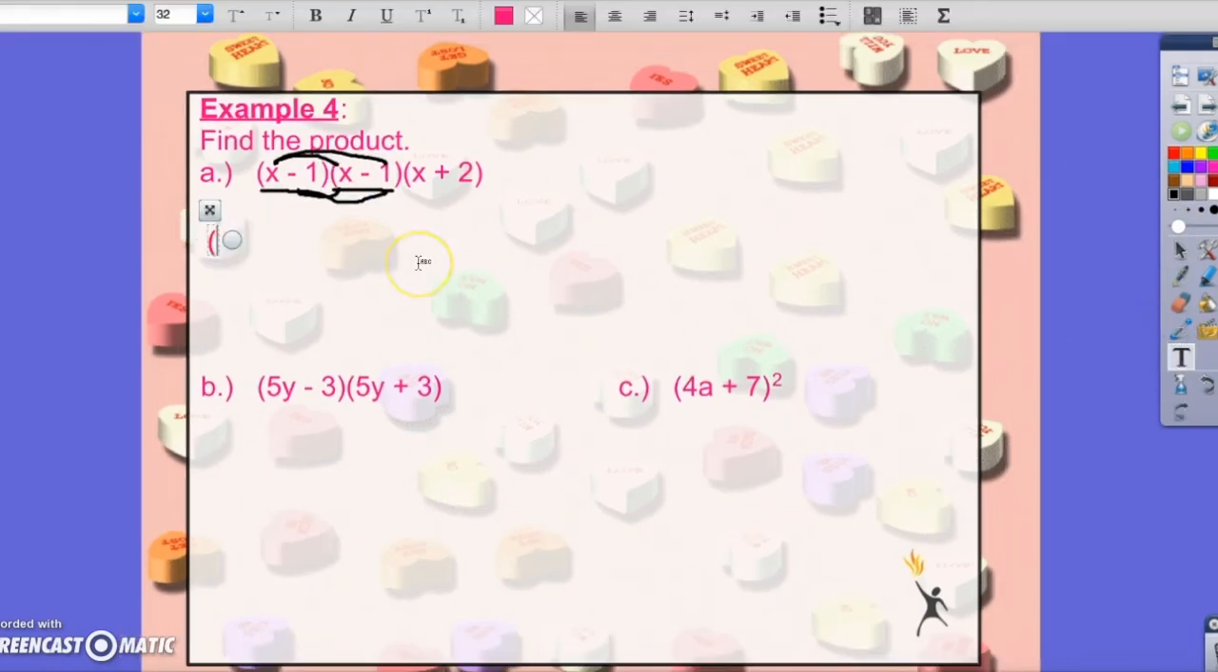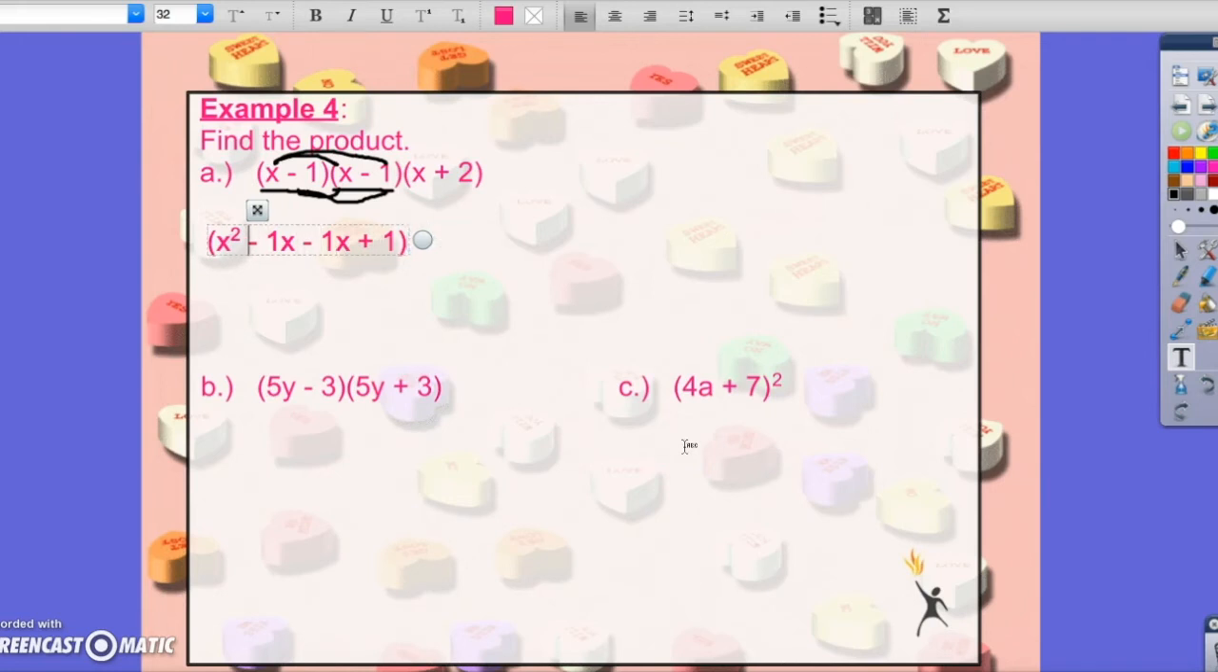So my first, and I'll keep parentheses here, x times x is x squared. Outer minus 1x, inner minus 1x. And last of FOIL is 1. Let me rewrite the second one. Now what I normally like to do is you could keep it like this,